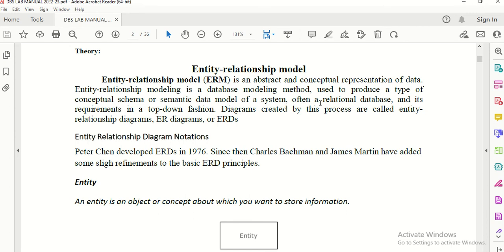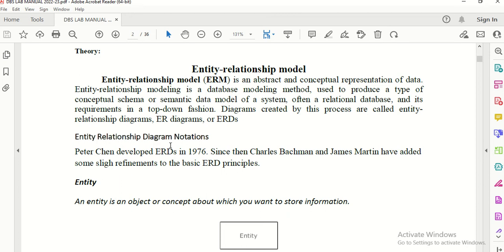Often relational databases. In relational databases, we actually create the tables and its requirements in the top-down fashion. Diagrams created by this process are called entity relationship diagrams.